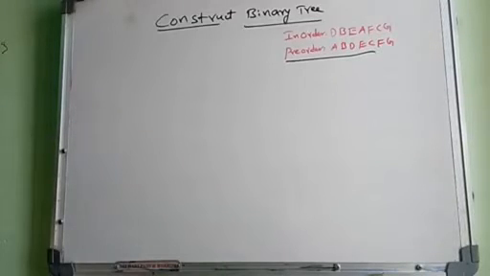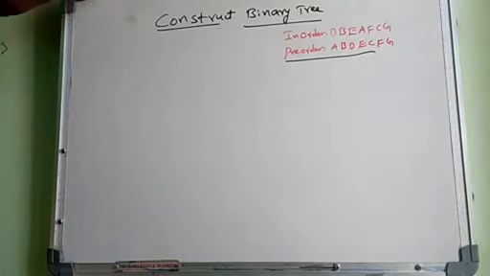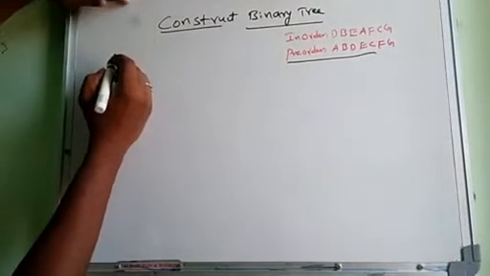Students, today we are going to discuss one interesting topic, construction of binary trees. In the previous class we discussed how, using a binary tree, we get the orders of the tree: in-order, pre-order and post-order. Now we take the orders as input, in-order and pre-order, and construct a binary tree from them. So let us take an example. I think you know very well about pre-order and in-order.